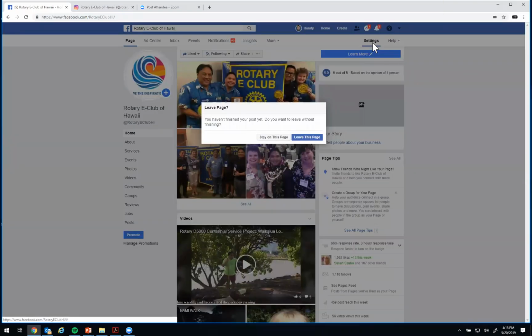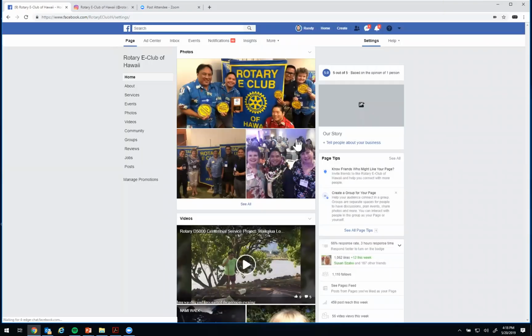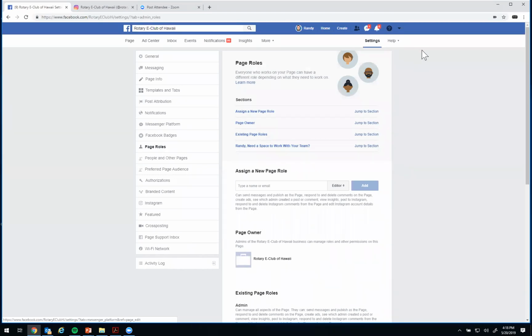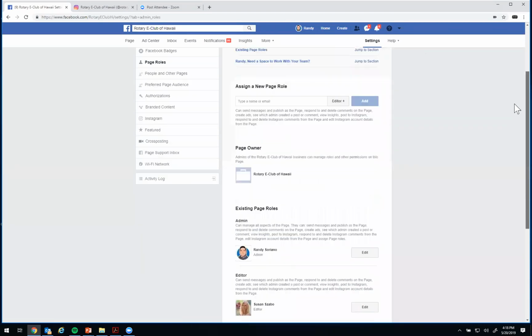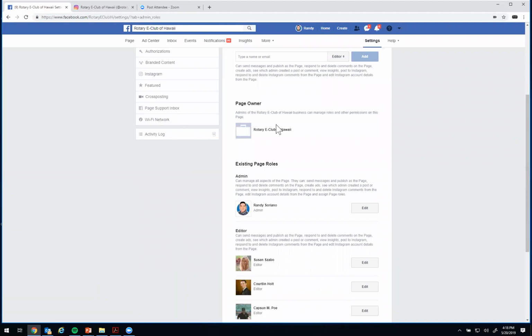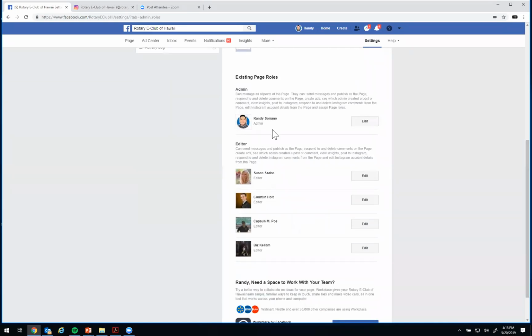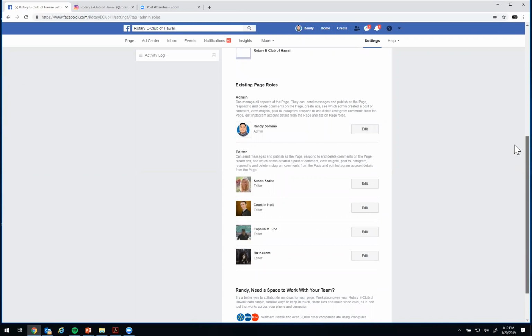We went to our page, because we really didn't know who started it and what it was under. Then we went up to the upper right where it says settings, and then down on the left, page roles, and we clicked on that. From there, it even told us who owned the page. There's a page owner, and you can jump to that section, or you can scroll down and see who's allowed right now as an admin person. And you can have more than one admin person too. That was very helpful for us, and that's something nice to hand on to future boards and relations people for the long term.